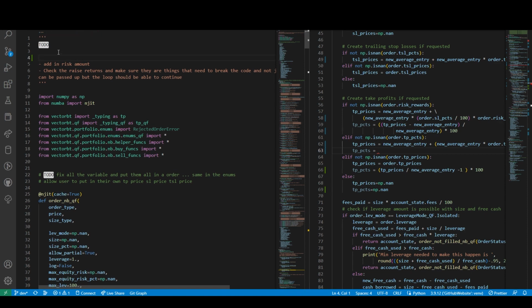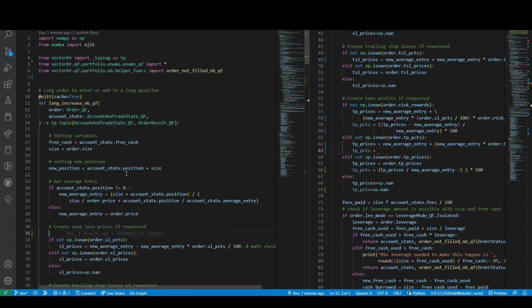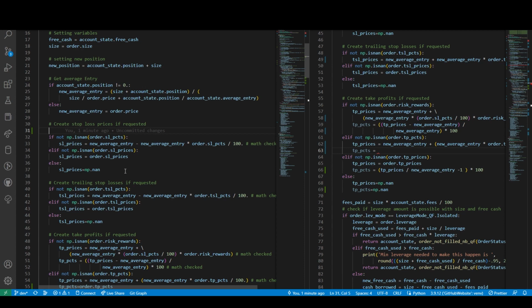We have to add this here. Figure out how to check if stop loss, take profit, trailing stop loss is in front of current open. Okay. So now we have to go over here and check to see if